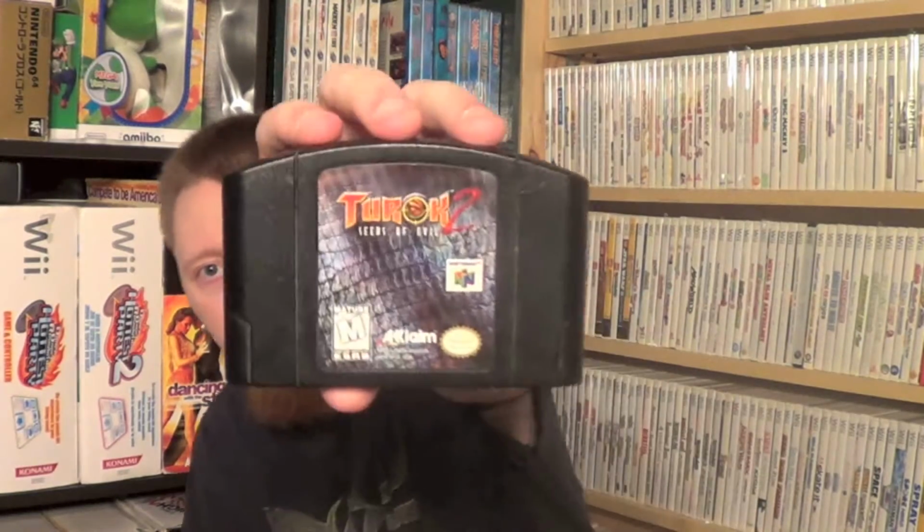And then Turok 2, Seeds of Evil. Needed those to complete the boxes, and I made sure to pick out ones that are not going to need to be upgraded in the future. These ones have perfect labels and everything. And then the 2 that I didn't realize I already had, this one does need to be upgraded, but that's